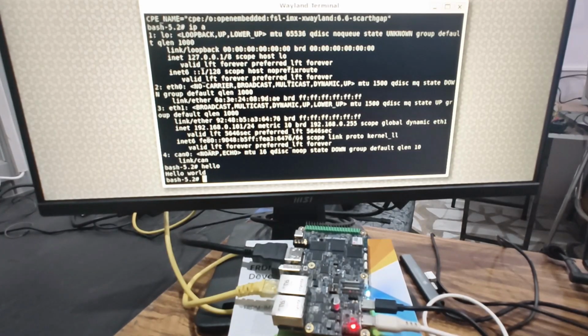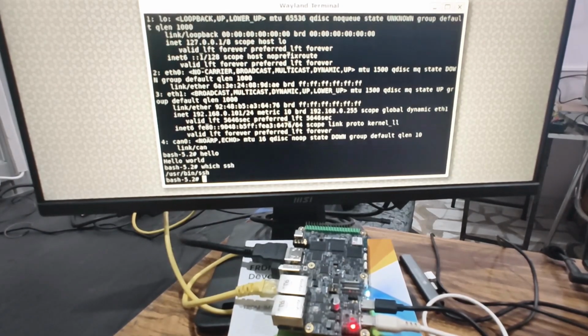Now let's confirm if the board supports SSH or not. We'll type which ssh and press enter. As you can see, it gives you a path that verifies that our system has SSH. Next up, to verify that SSH is listening on the port or not, we'll type